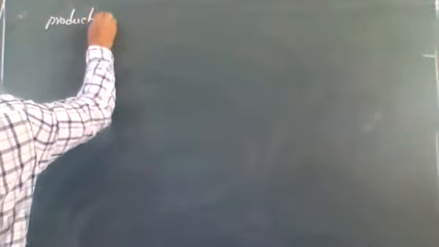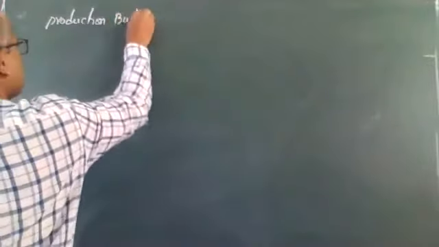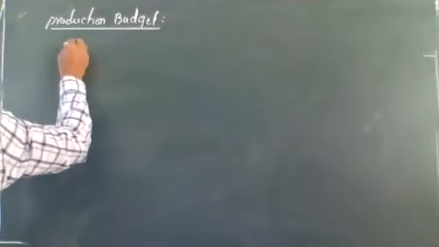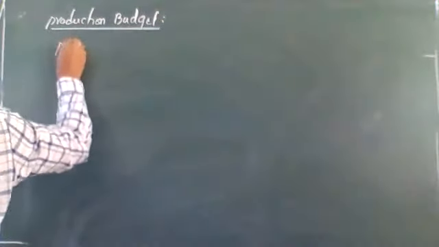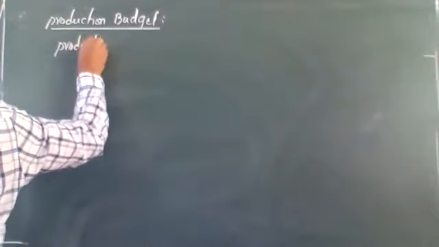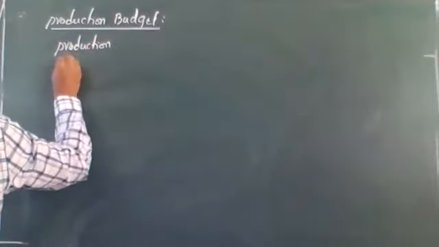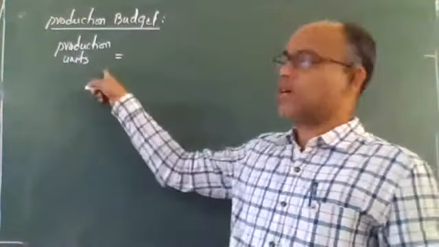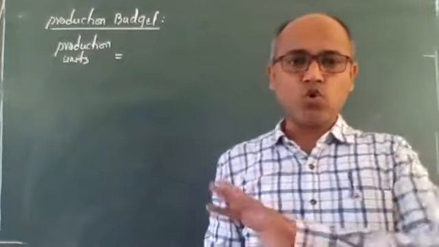Whenever you're preparing a production budget, the formula is production units. I'm not talking about cost here. Remember, it's a quantity budget. Production units budget I'm talking about. So therefore, it's a quantity budget. No rupees will enter here. So production units is equal to